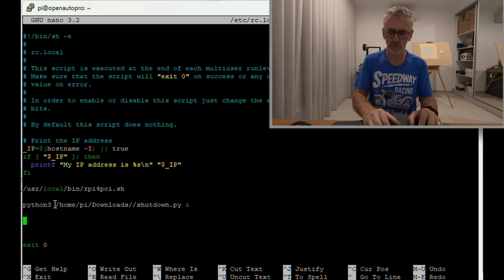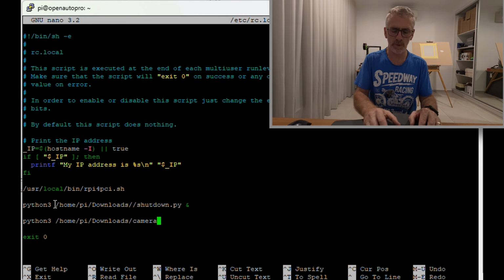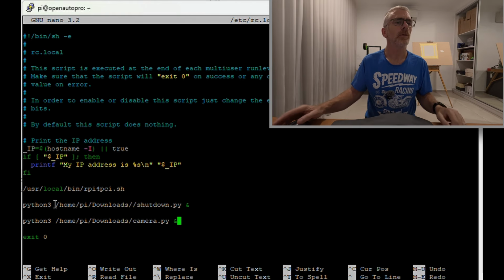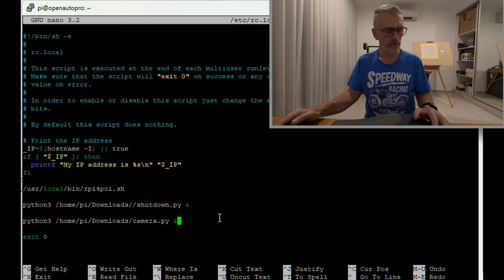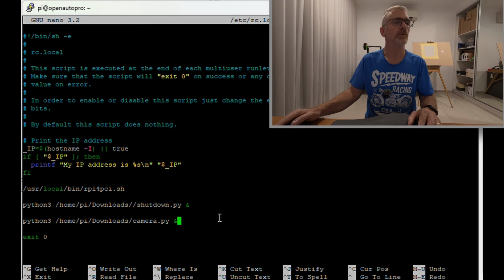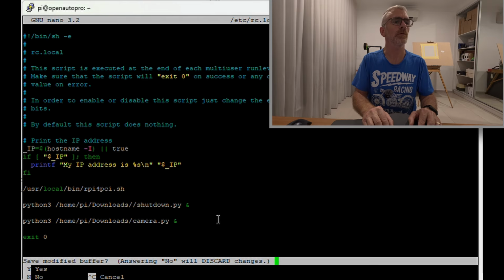and we want to also add python3 home pi downloads camera.py. Alright, so with those added in, then when the Pi boots, it will start those two scripts, monitor the GPIO pins for either the ignition being turned off or the